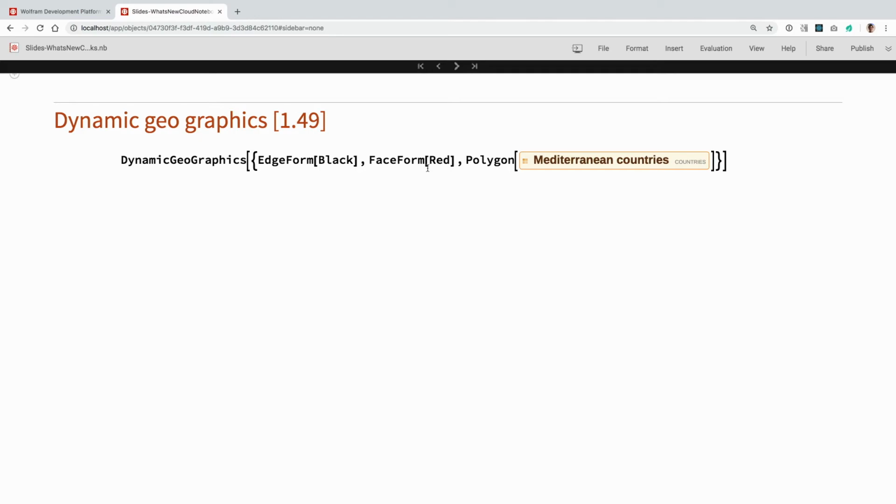Another feature that's coming soon is dynamic geographics, and it takes a little bit to evaluate, where we figured for this particular thing it makes sense not to use the whole box rendering stack that would be used by Desktop Mathematica, but we have our own custom JavaScript implementation for maps. Still evaluating. Suspiciously slow. This will use the network. Okay,